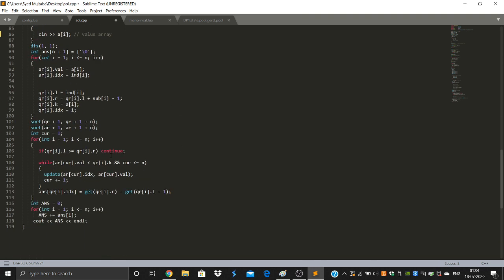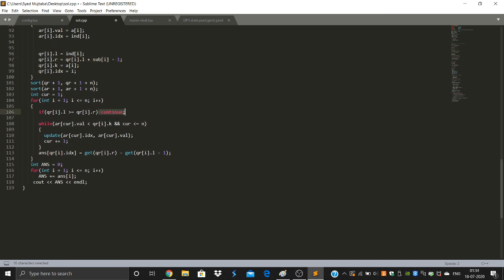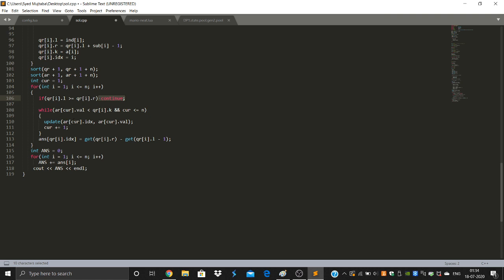So we have sorted both of them, and then if it's a leaf node, we don't do anything. We just continue our loop from 1 to n in those queries, because if L is greater than or equal to R, where you have calculated L and R using that formula in lines 96 and 97, it's a leaf node, so we just continue. Otherwise, before querying, we ran this while loop, and here we updated the value at idx,